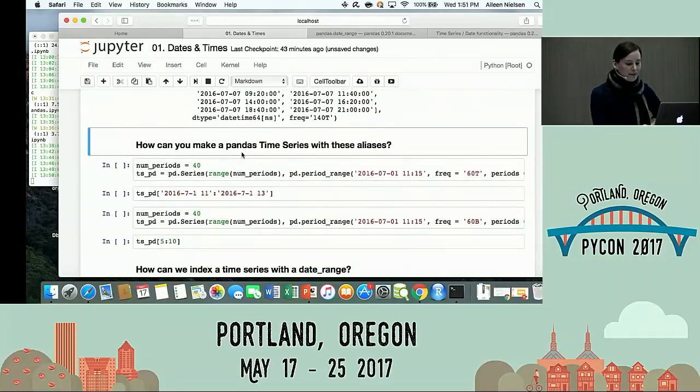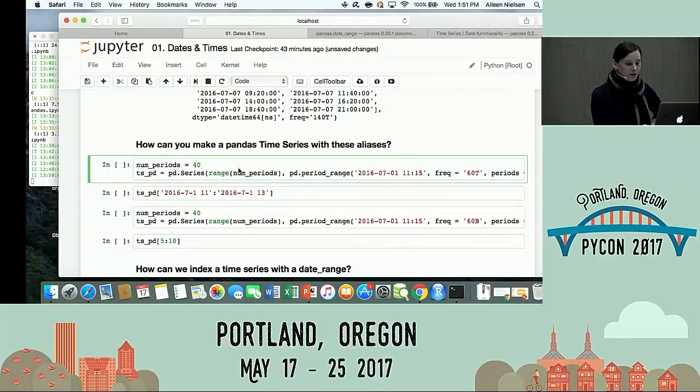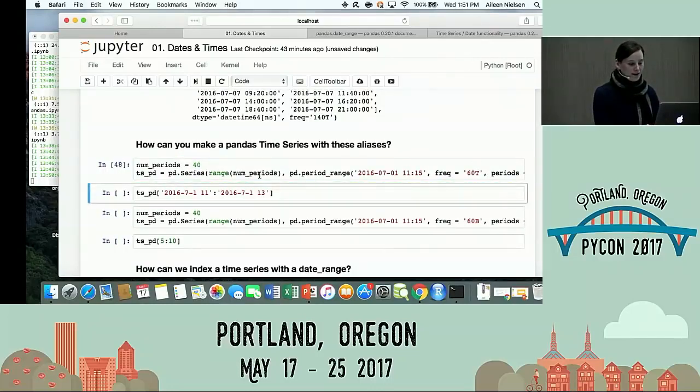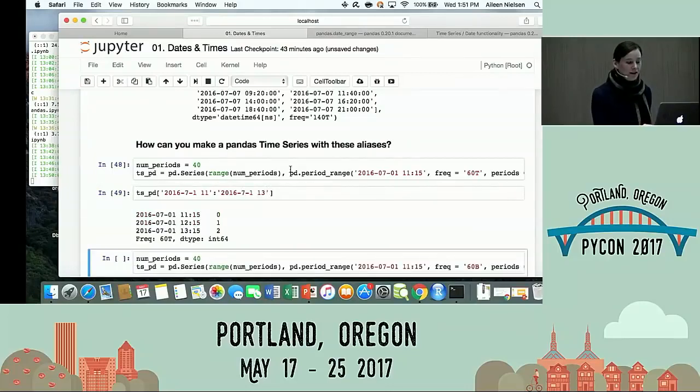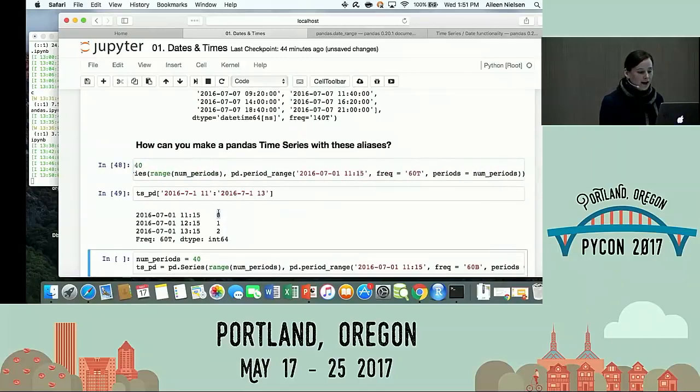Okay, so how do I make a pandas time series with some of these aliases? Well, we have already done that, but here are a couple of examples. And what's special now, versus I've just been showing you date ranges and period ranges, right? So there are ways to compute moments in time at periodic intervals or periods that cover periodic intervals. Now what I've done is I've made a pandas series indexed by a period, right? So now I have a pandas series where each value, these I just randomly counted from 0 up, I believe, is indexed to a time interval.